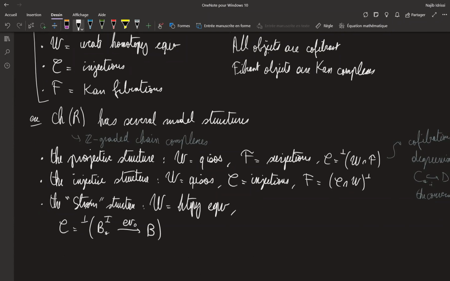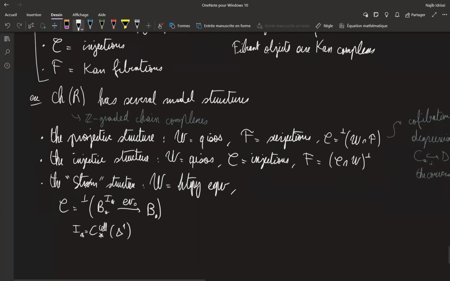So B is any chain complex, and I is the cellular chain complex of the standard simplex. So basically, B ⊗ I is B_n in degree n plus B_n plus B_{n+1} with an appropriate differential. So it's a bit complicated. I'm not going to spend so much time on it, but you can think of this as some kind of